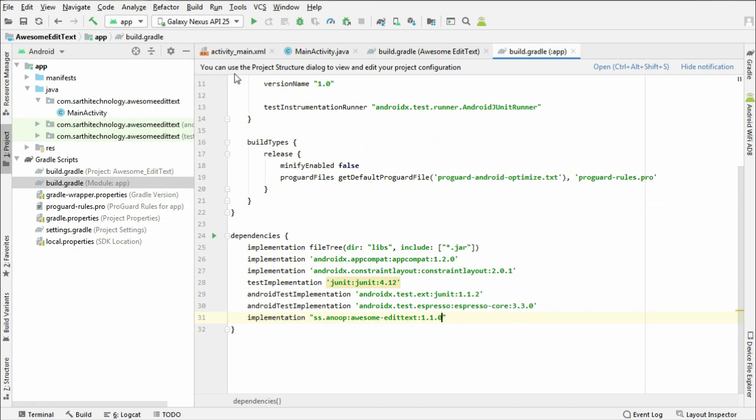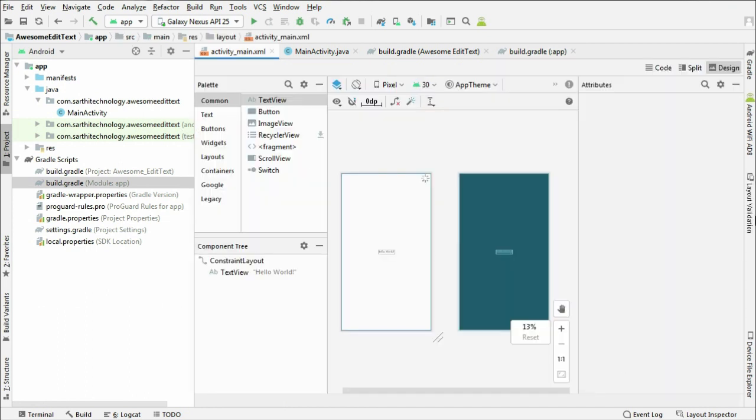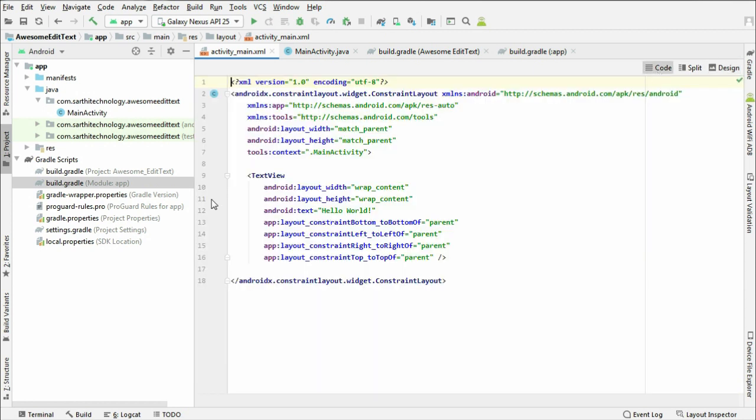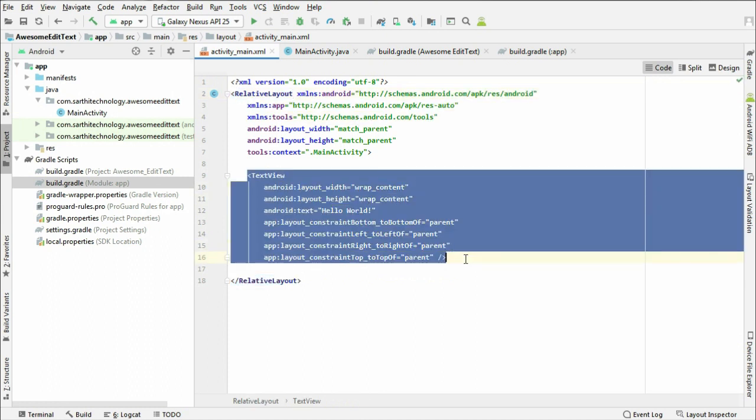Now just go to the XML and code. You can just change it to the relative layout and delete this.